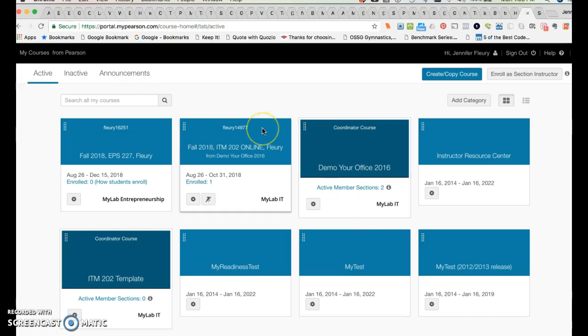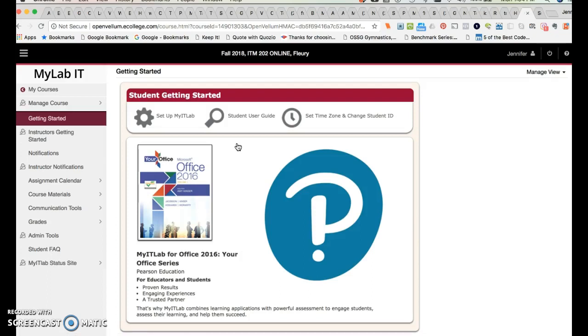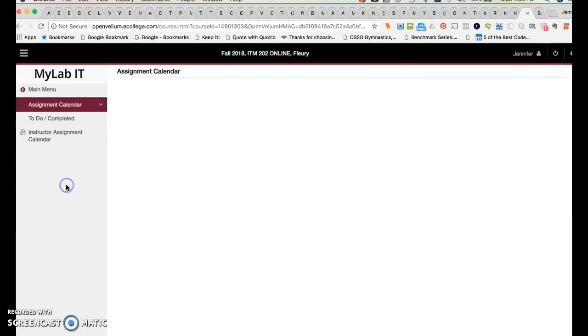So once you're all registered for the course, then you want to go in. There are two places that I feel like you're going to frequently visit. One of them is the assignment calendar. So if you go to the assignment calendar,